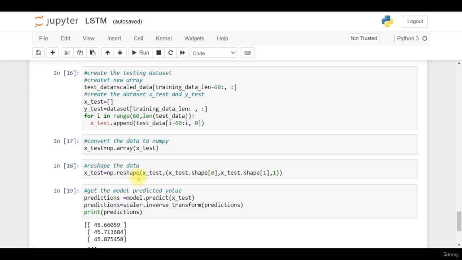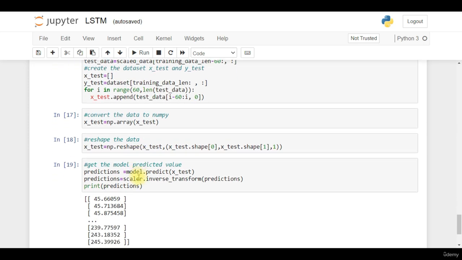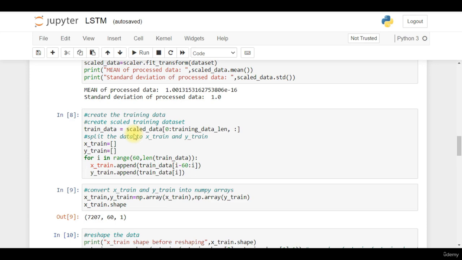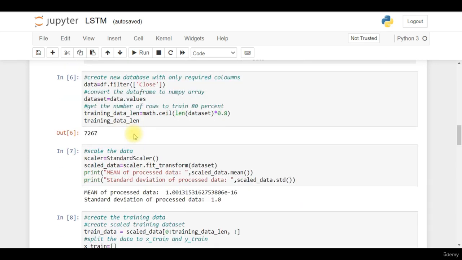We'll reshape the data and get the model predictions. Predictions will be the model.predict function, and we'll check the predictions on X test, and finally we'll print the predictions made by the model. These are all the predictions for the stock price on X test made by the model. So this was the entire stock price prediction using LSTM. We used Microsoft data with the LSTM neural